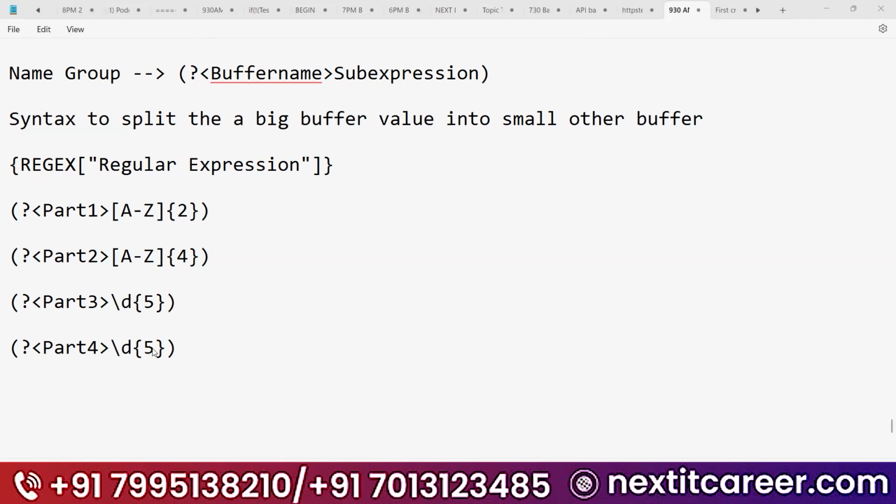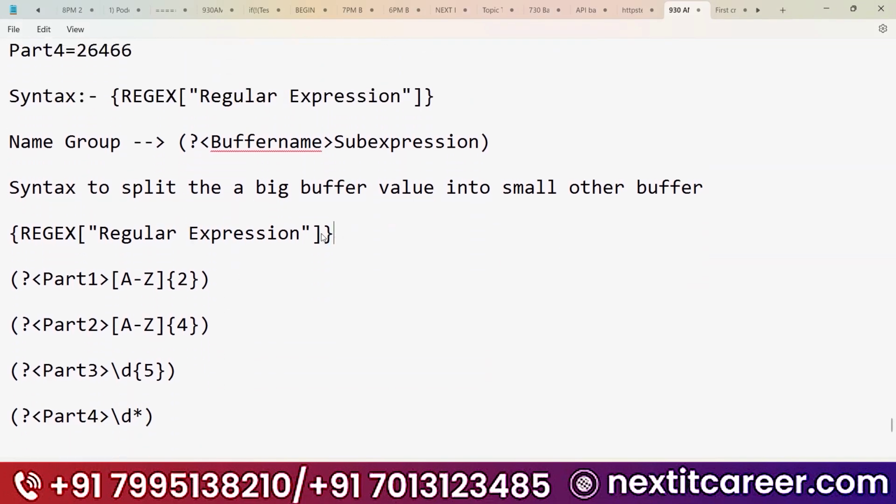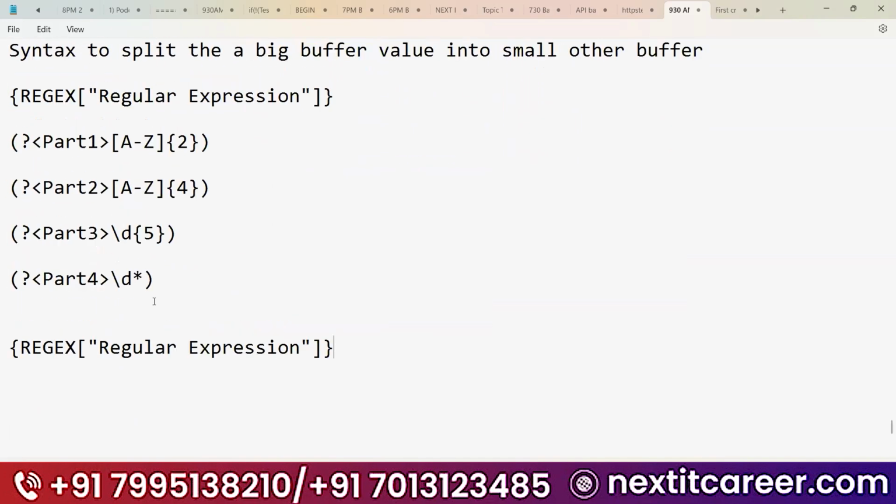So now you can give star also here. Why? Because after that there are no letters till the ending. If you want to say that till the ending where it ends, then use the star. Else properly use the respective number of digits you have. I will use star for one case so that you will understand. Okay. Now see. Now build the regular expression. Just copy this one and paste it over here.